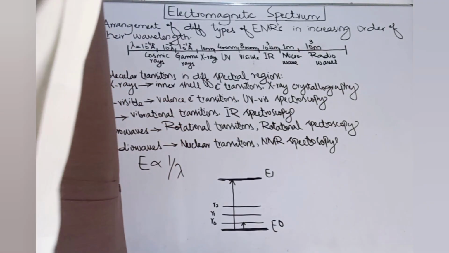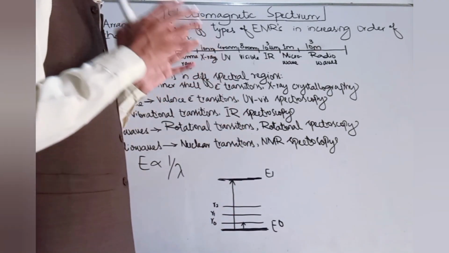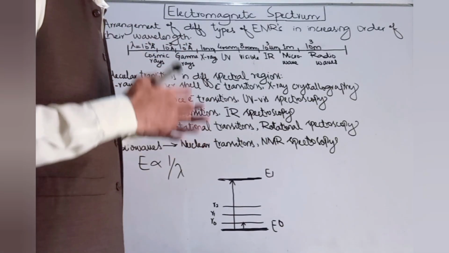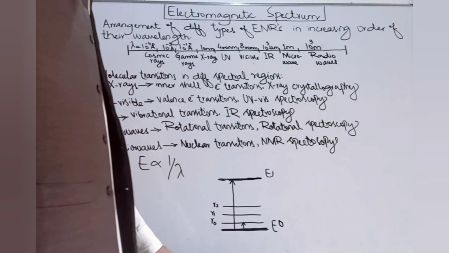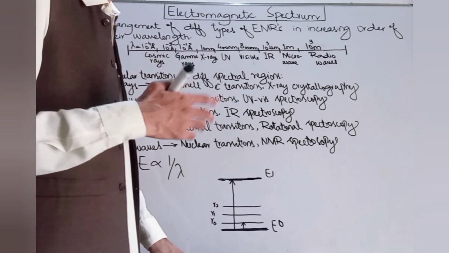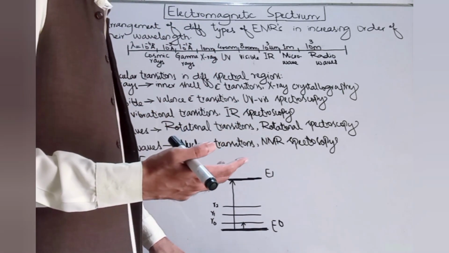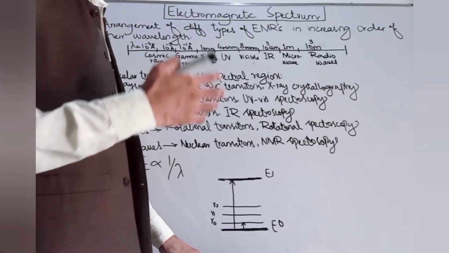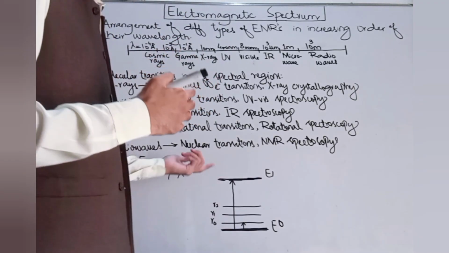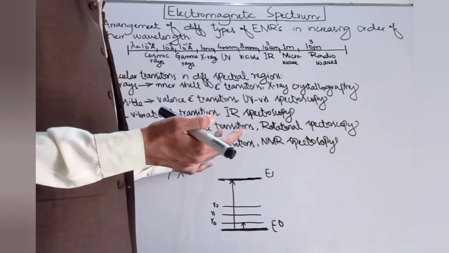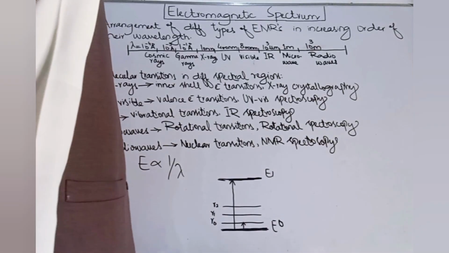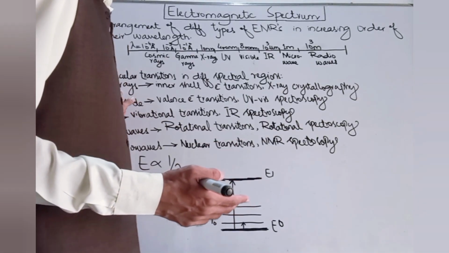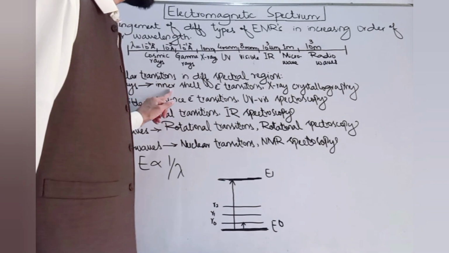Because a molecule has different types of energy levels, upon the absorption of electromagnetic radiation it may undergo different types of transitions. We are going to look at which type of transition in molecules the absorption of a specific spectral region can cause. So first of all, if a molecule is absorbing in the X-ray region, the inner shell electron